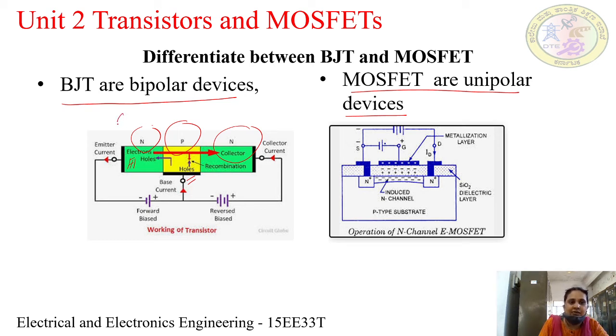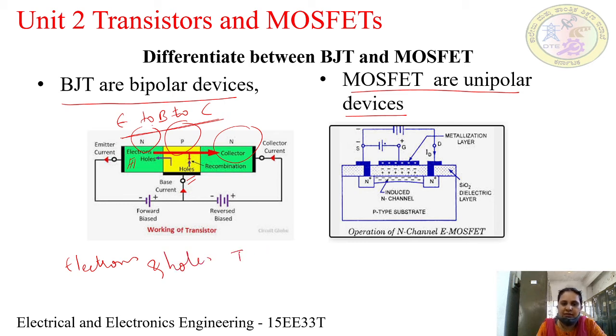So the entire current is flowing from emitter to base to collector. Whether it is electrons or holes that are moving, they move from E to B to C, or from C to B to E, whichever is the type of the transistor. But what contributes to the flow of current? Both electrons and holes contribute. If my output current is IC, I know that it is beta into IB. So in the collector region, both the electrons and holes are helping for the flow of the current.